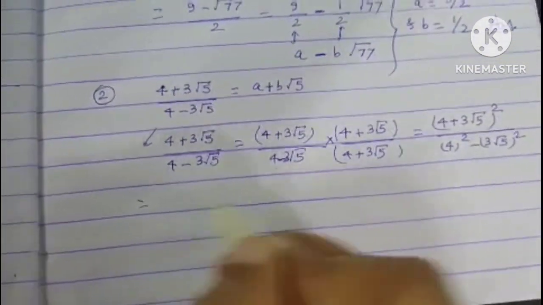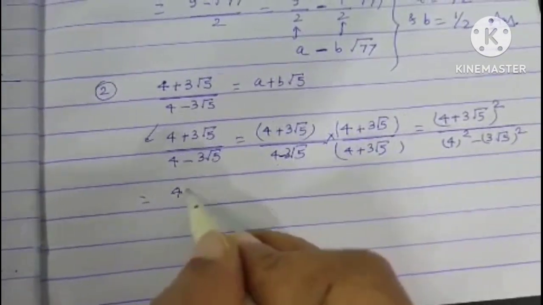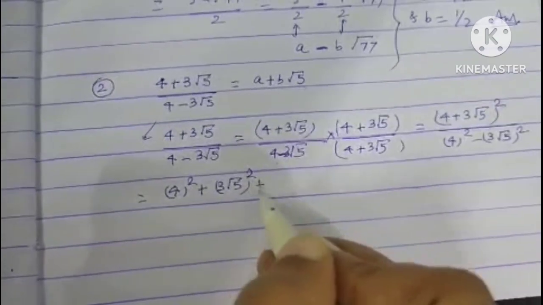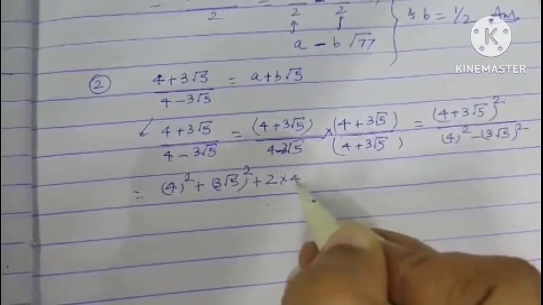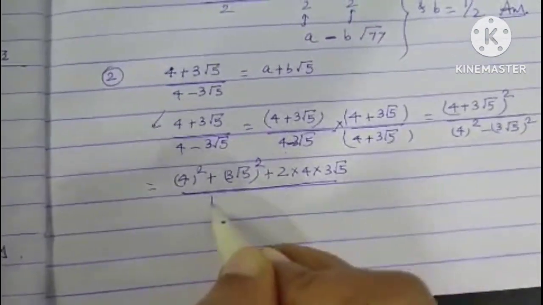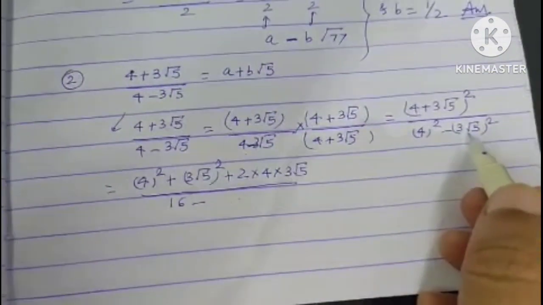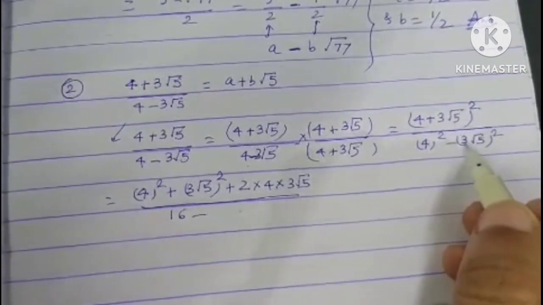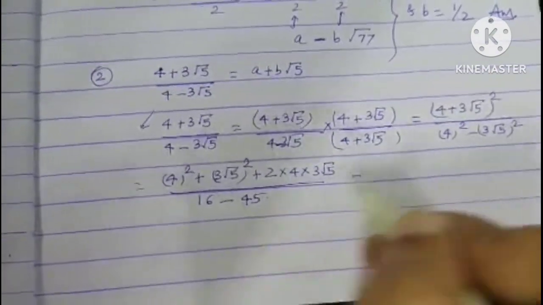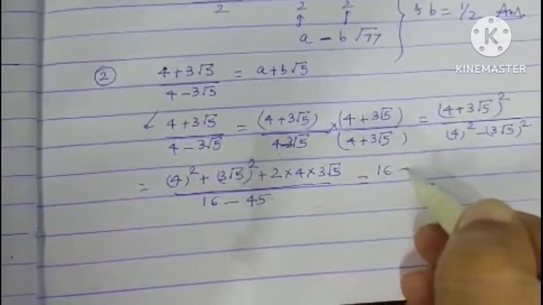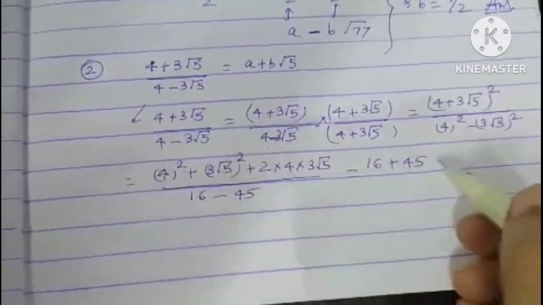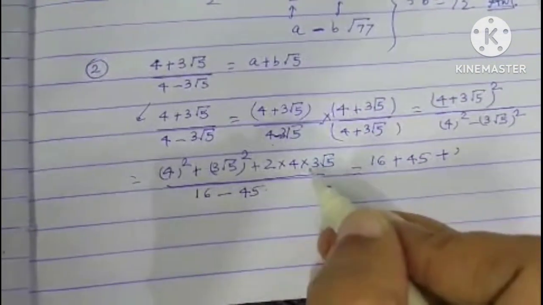Now you can break this one, (a plus b) whole square: 4 square plus (3 root 5) square plus 2 multiplied by 4 multiplied by 3 root 5, divided by 16 minus (3 root 5) square. (3 root 5) square means 3 square, 9, and root 5 square, 5, means 45. Okay, this numerator will be 16 plus 45, since (3 root 5) square is 45, plus 2 times 4 is 8, times 3 is